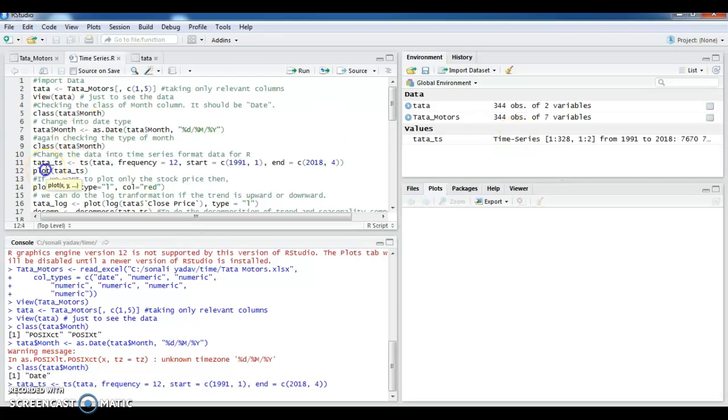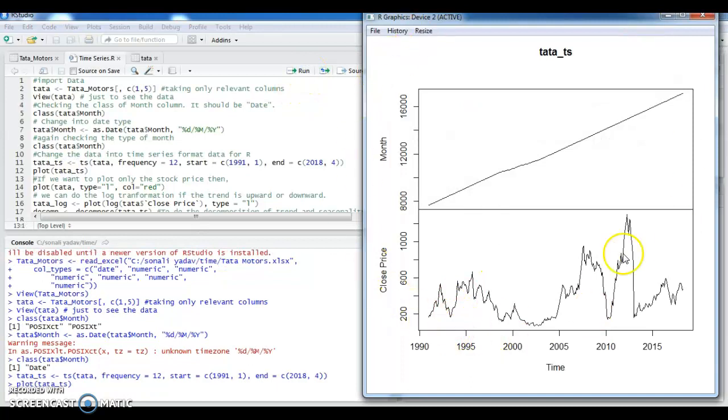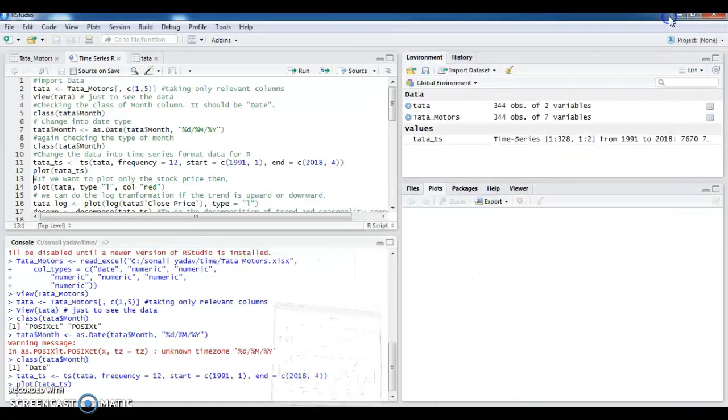And let's just quickly plot it also. What am I trying to plot? This new object. So I plot, not Tata, but the time series data. I want to see the plot and run it. When I run it, this is the graph which is visible to me. The upper side is about the month. Definitely month is not of our concern now. Let's look at the lower side. It shows the closing price, which has taken the form of a time series data, and it is plotting. This plot is the original plot of closing prices in front of us, and we are quite happy viewing our success till this stage.